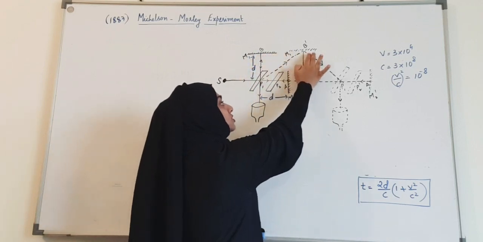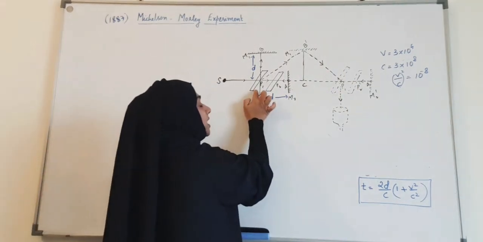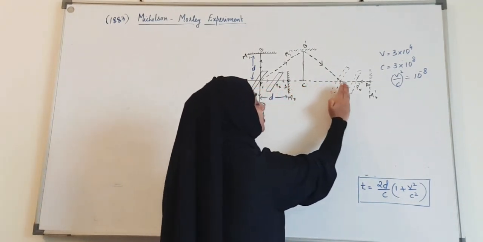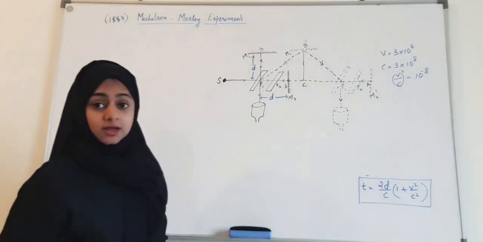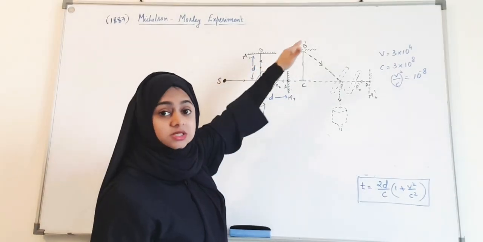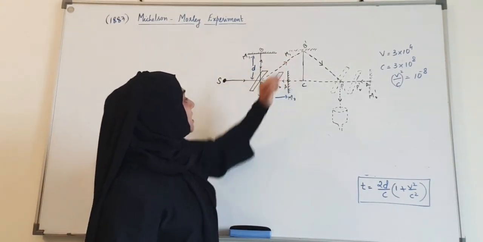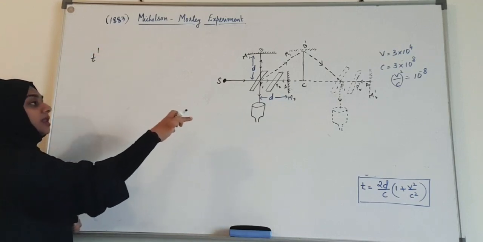It would have moved to this position, and by the time light comes down, this plate P1 also must have moved to another position, which is shown by this dotted line. And what is traveling here is light, so you can keep the velocity of light. Now to find that time, let us put it as t prime,